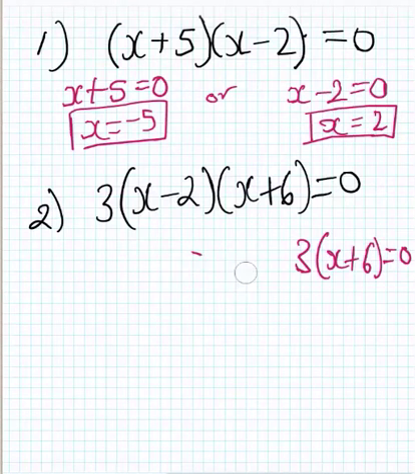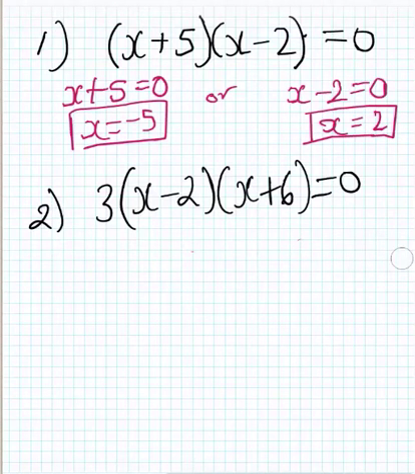But the way I'm going to show you is this. What you can do is simply divide the 3 and get rid of it. There's a 3 times here. So the first step is, let's get rid of this 3. Divided by 3, divided by 3. 0 divided by 3 is just going to give us 0. And so we end up with,